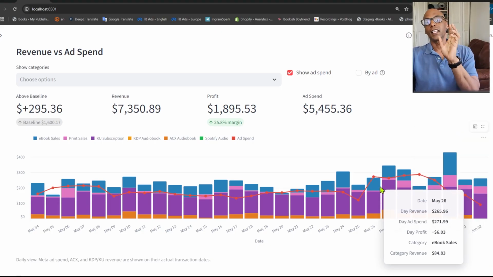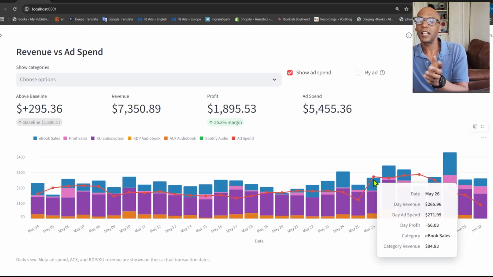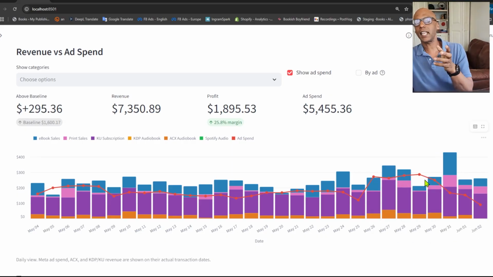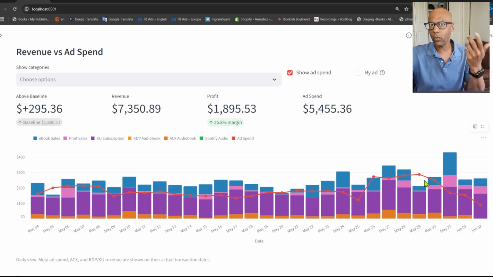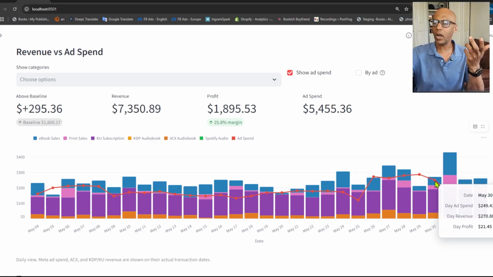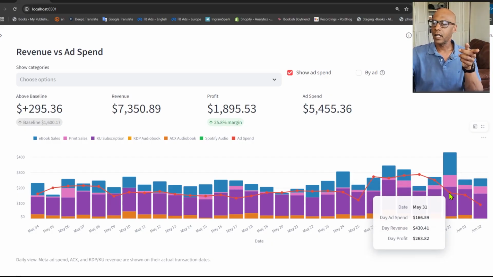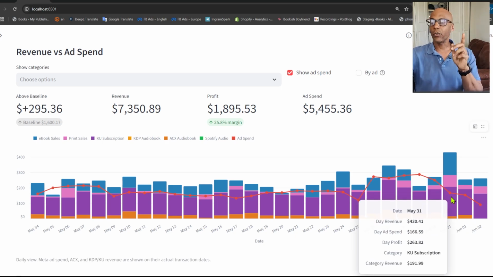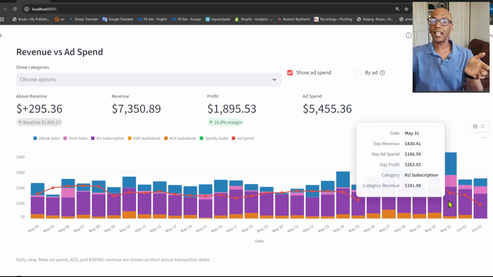But all the ads were just set up for 5 days, which is good because after 5 days, it eliminated the failures. It stopped giving money to the failures and continued running the profitable ones. And this is where you see the big drops. So it went from spending $250 for the day to spending $166 for a day. And the result was that I had my best day in like 2 years, which is $430 in revenue and